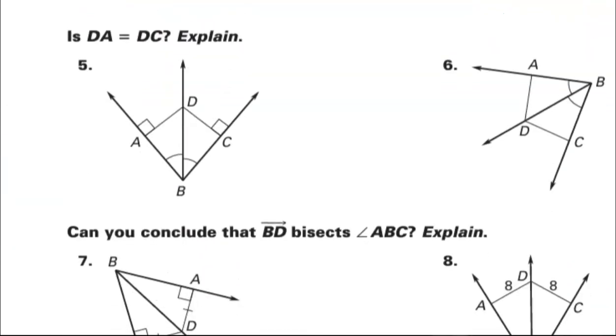Okay, moving on, we have another page of homework, and this, I believe, is the last page. Yes, it is. Okay, so is DA equal to DC? Okay, what do I have going on? Well, I have that angle bisector. I see I have a right angle formed. Therefore, AD has to equal DC. So I can say yes,